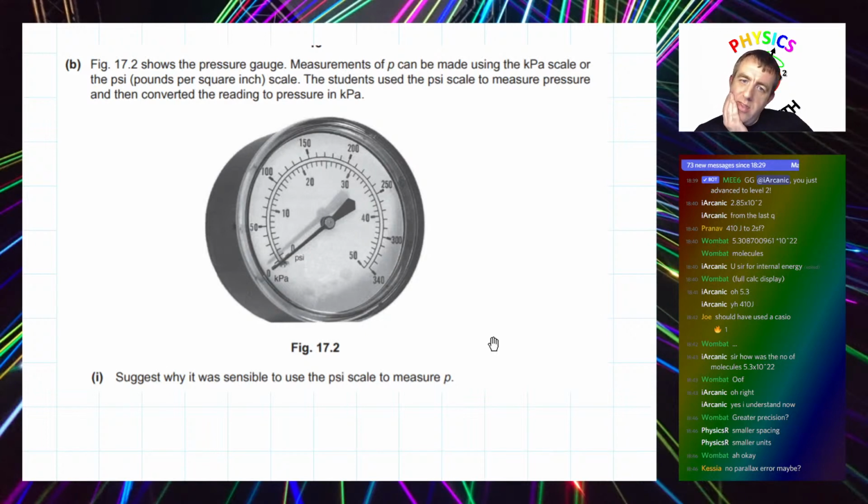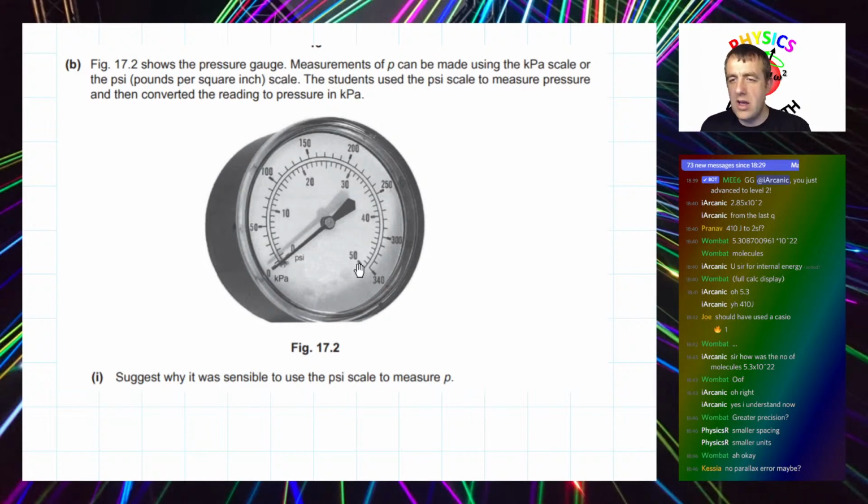Yeah, I mean, they would both have the same parallax error, I would suspect. What you tend to find is there'd be a mirror behind the scale, and you'd line up the needle with the image of the needle in the mirror. Don't be spooked. This bit you see here is just a shadow from the photographer. That's not the image from the mirror. So you might have a strip of mirror going around just around the outside, and you would line up the needle with the image of the needle, and that way you reduce parallax error. But on this display, we don't have that. That's not there.